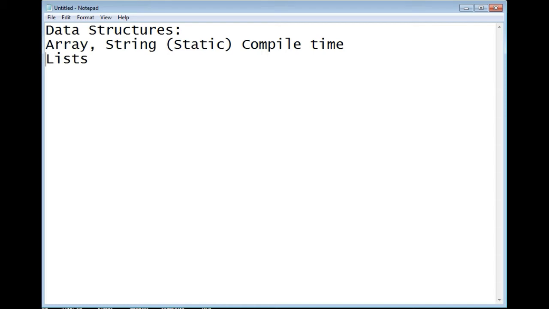This is dynamic and it is runtime. Memory is allocated at runtime, and addition and deletion happen at runtime.